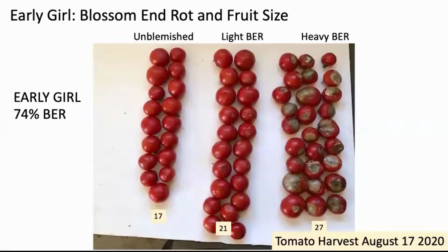So we started, I think back in 2017, actually doing research, and we used Early Girl as our tomato because we were assuming that it would do well here because it does so well in coastal California. But what we found is that while on some sites, Early Girl actually does perform fairly well when dry farmed, on many sites it doesn't. And this is a really good example here on this slide where you see 74% blossom end rot and what's really a crop failure. And so that is the reason that we embarked on this ambitious variety trialing project